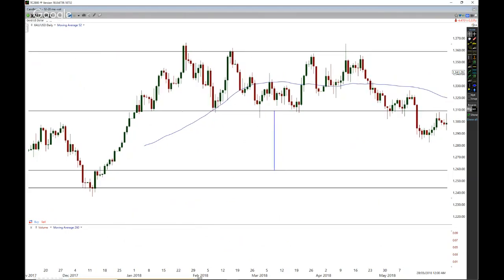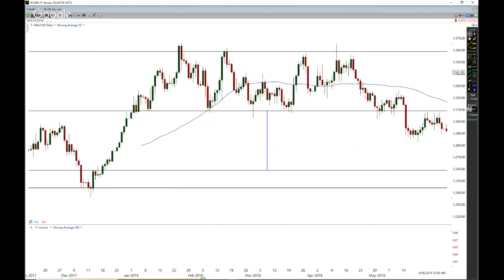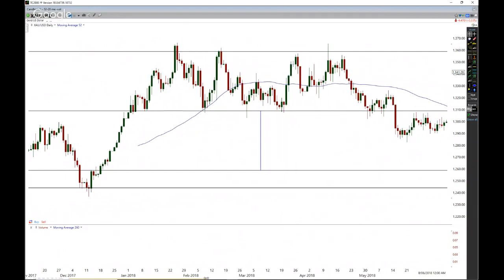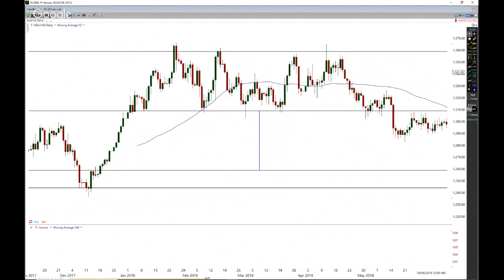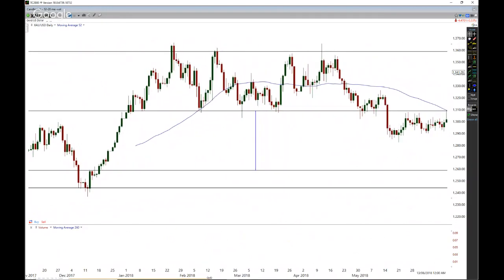So let's see what happens through here. Sideways. Is it going to be a false breakout? Is it not? Notice how we're just going sideways through here, right? So we're in decision time. Is it going to be a false breakout, or is it going to continue down? Is it going to be sideways? Oh, look at that. It almost broke back above it, didn't it? Notice all this sideways movement. It's still in that indecision time.